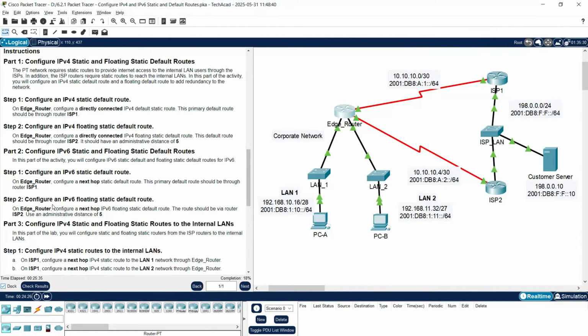Then we can see, configure an IPv6 floating static default route through ISP2. On the edge router, configure a next hop IPv6 floating static default route. The route should be via router ISP2. Yes, so use an administrative distance of 5. Here we should get the IPv6 address of this interface, serial